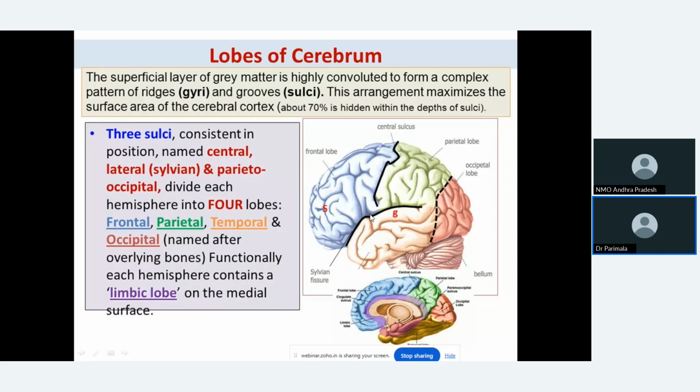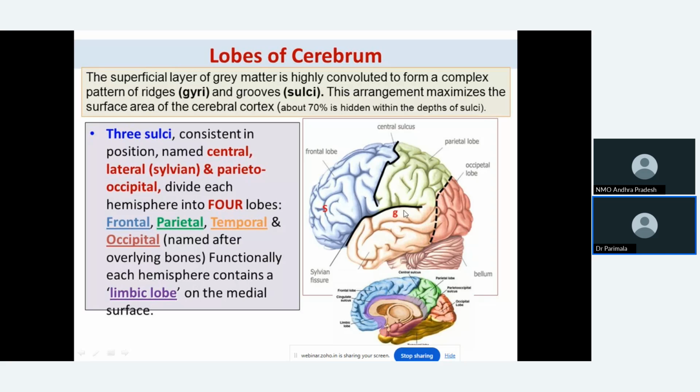The lateral sulcus, this ramus, is called the posterior ramus of the lateral sulcus because it has 2 other small rami called anterior and ascending rami. This is the longest ramus of the lateral sulcus, called the posterior ramus. So, after drawing this posterior ramus of the lateral sulcus, if you join by an imaginary line, the second imaginary line, from the lower end of the central sulcus to this lateral sulcus, the remaining 3 lobes get separated.